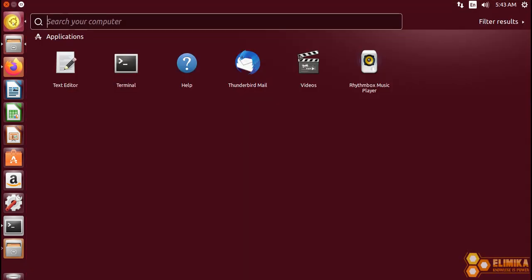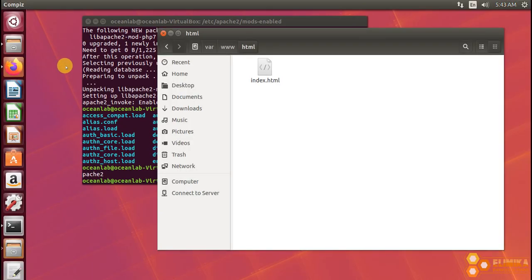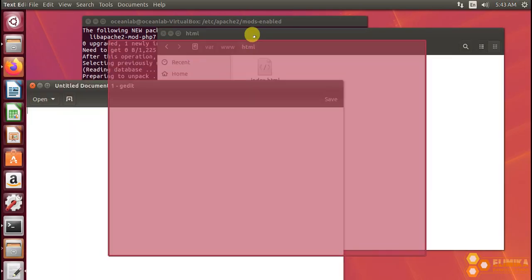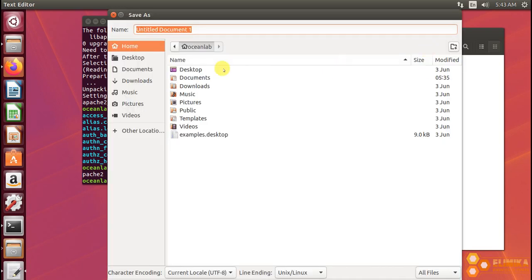So I will come here to search for an application, and I will click on the text editor. Here I will write my PHP scripts. PHP Then I will use the PHP info function, which is built in the PHP language. Then I will save with the name here, info.php,